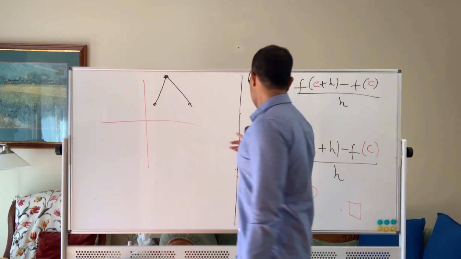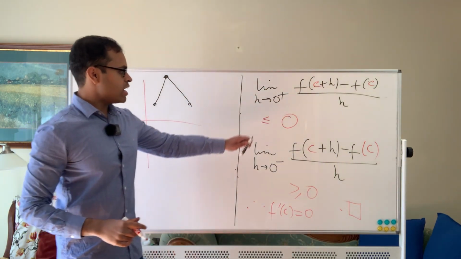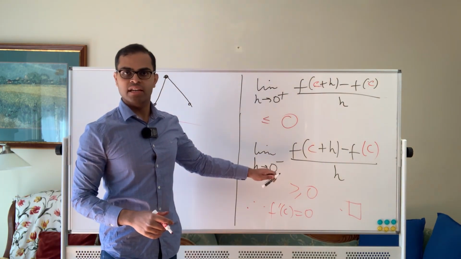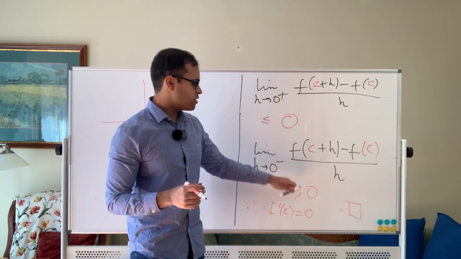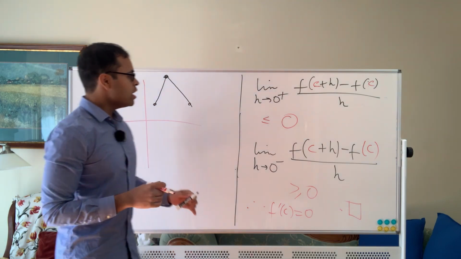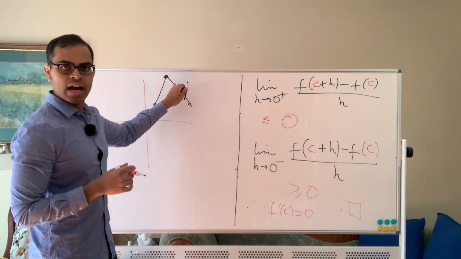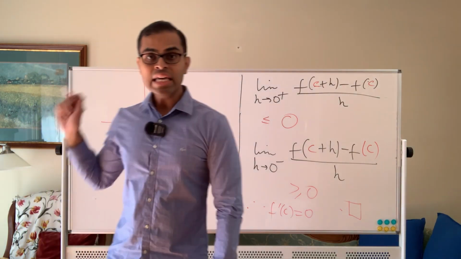Okay, so in the proof, what would fail is that we are not using the fact that the left-hand and right-hand derivatives are equal, right? We use that because we knew f is differentiable, so then we could say less than or equal to 0, at least 0 means it's exactly 0. But if it's not differentiable, we can't use that. So we can't say the max has a derivative equal to 0. This is crucial